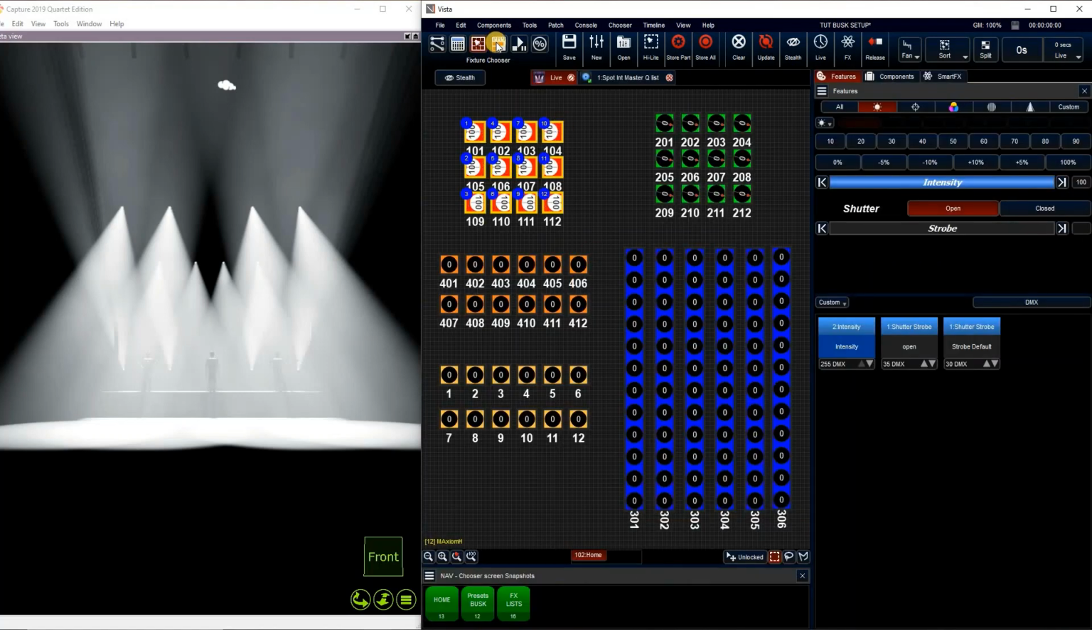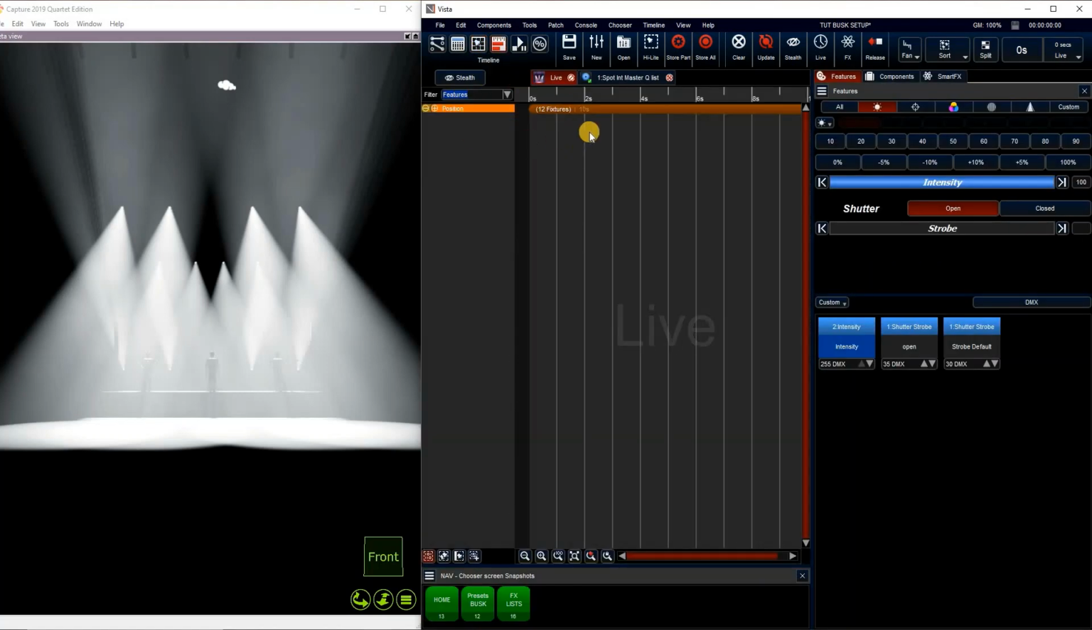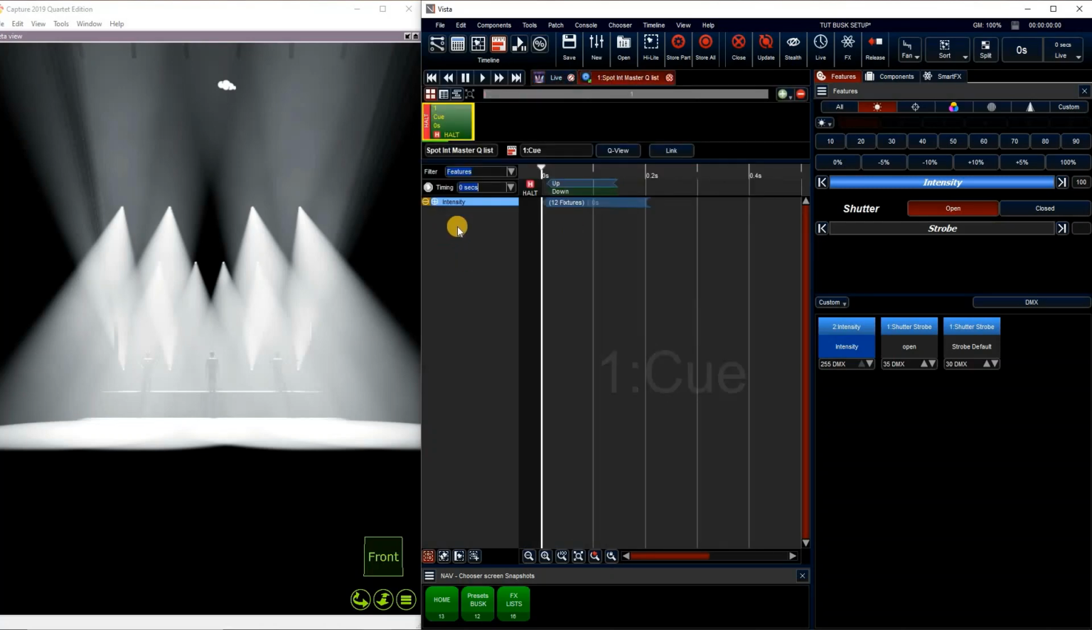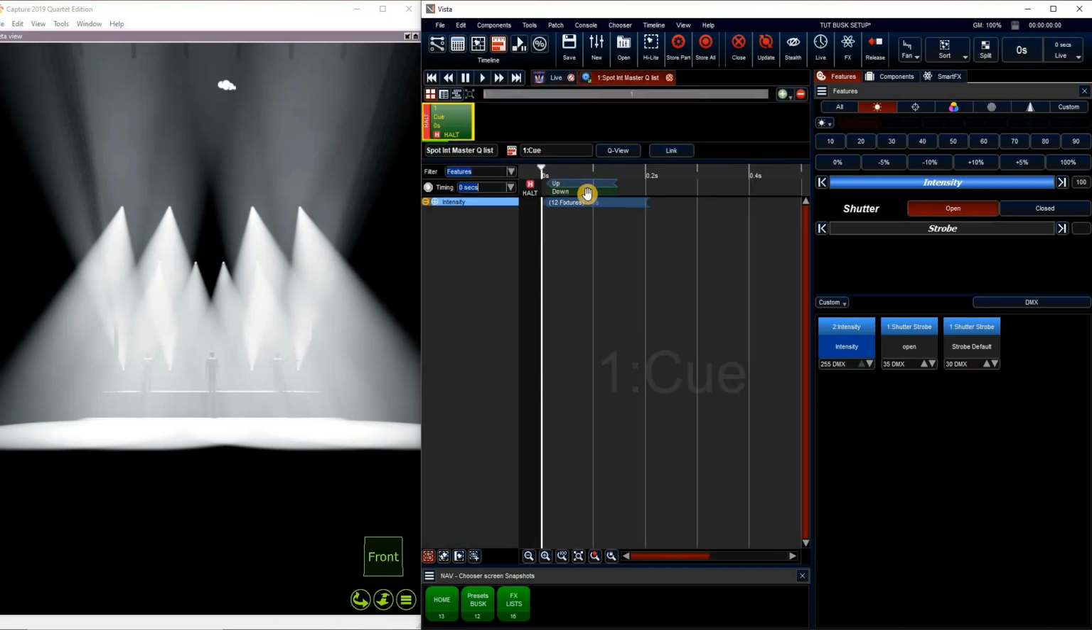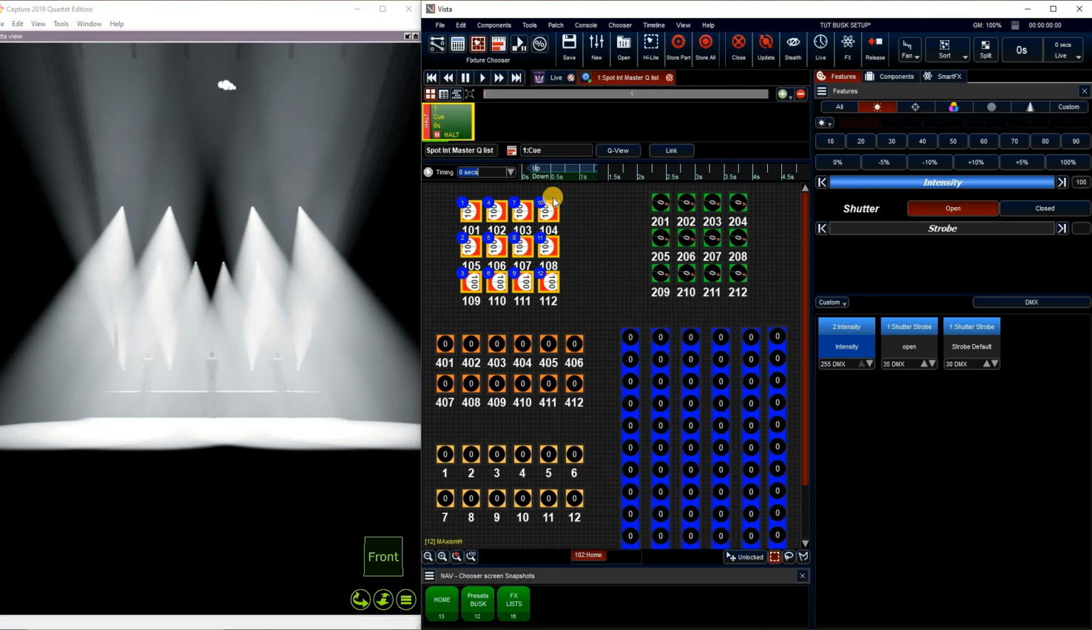Now the reason I went into live is if we go into our timeline, you can see the position is held in live, but in our cue stack, only intensity is here. And because we only want intensity effects to be in this cue stack, we don't want any other programming in. So if you want to move your lights around or change color while you're building your effects, do that in live, and then go to your cue list to record stuff. So I'm going to label this spot on,